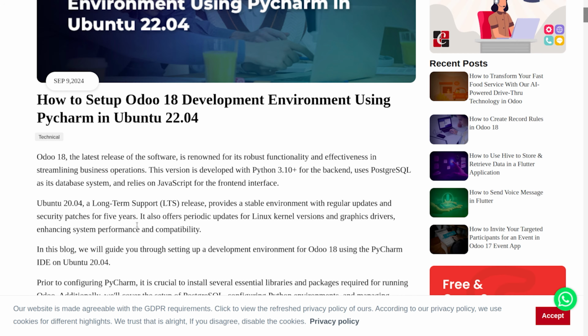Now, Ubuntu 20.04 is a long-term support release that provides a stable environment with regular updates and security patches for years, and it offers periodic updates for the Linux kernel versions and graphic drivers, enhancing system performance and compatibility. So in this video, I'll guide you through setting up the environment for Odoo 18 using the PyCharm IDE on Ubuntu